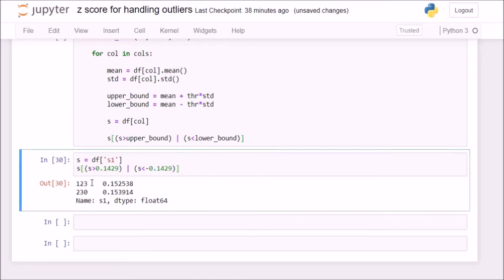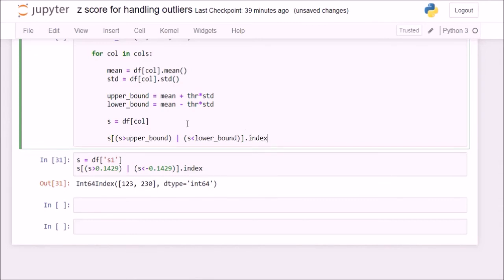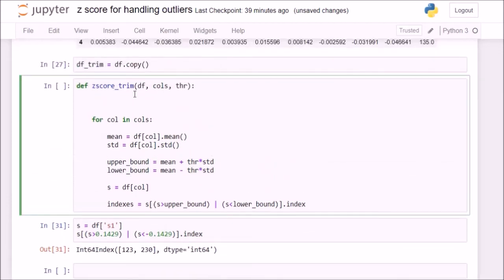Okay, so I've gotten these two rows back, and now I'll do a simple dot index upon this, and these are the two index values of those rows. I'll save this in a variable called indexes. Now I need to find a way to capture these values, so I'll instantiate an empty array.